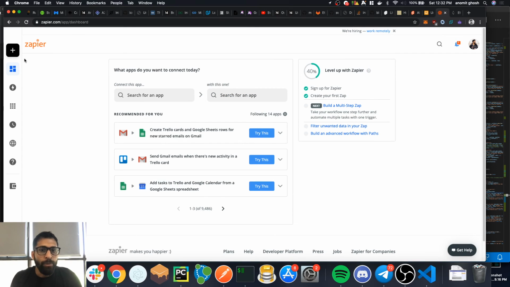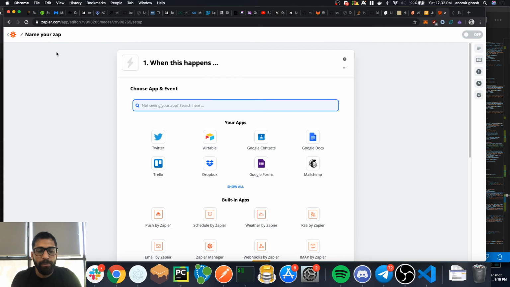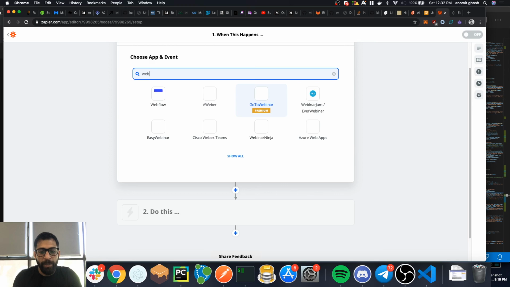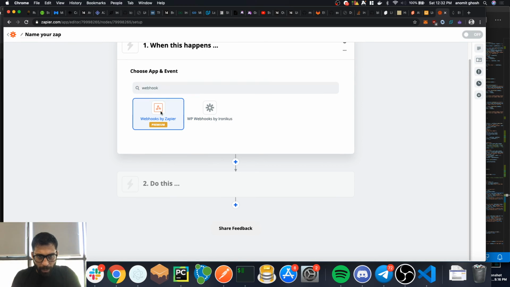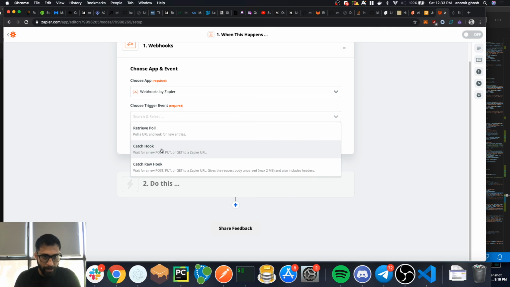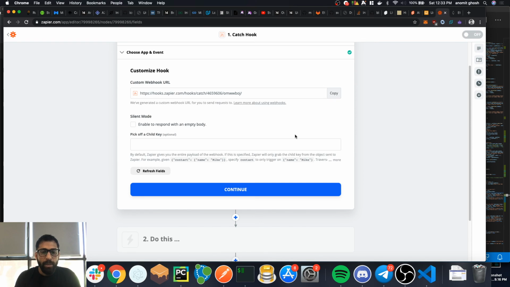So you have to make a Zap. That's what you have to do. And over here, search for Webhooks by Zapier. If you can't find it, just type it out. I see it as premium, but I don't think it's a paid feature. I've been using it for a while. Okay, choose the trigger event as the second one: wait for a new POST or PUT to a Zapier URL, then say catch hook, and then continue, right? And now you have something like this. Copy this URL,